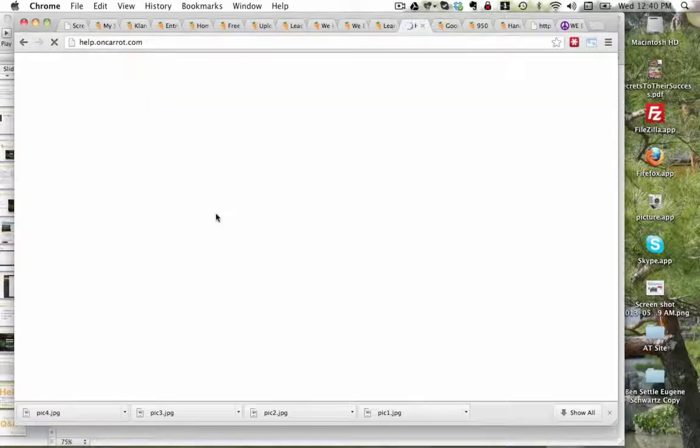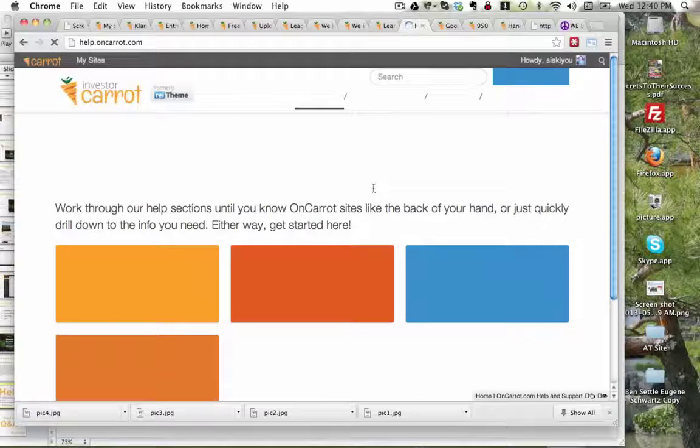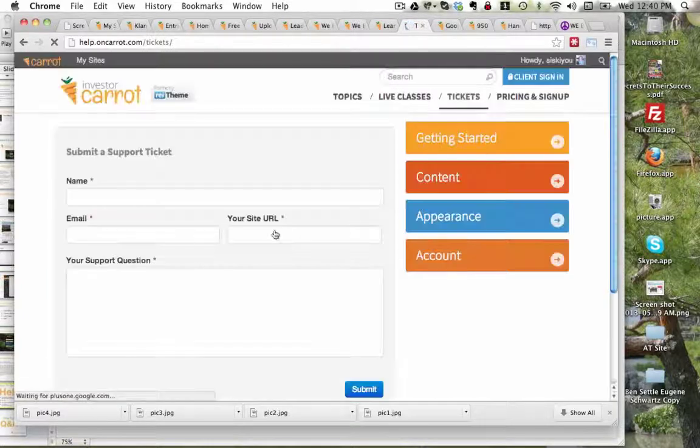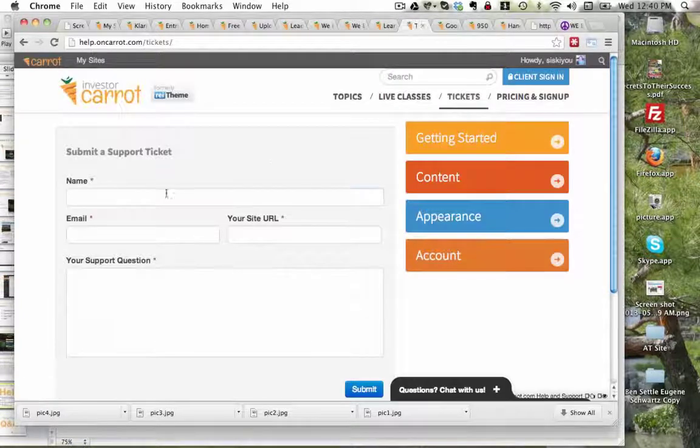Or always, you can go to help.oncarrot.com. This is where we're going to be piling in our training tutorials. We're going to be changing this and putting a big search function in here. For now, you can use the search function up top, or go to the ticket section. If you have feedback or an idea or a problem, go to the ticket section, submit us a support ticket, or send an email to